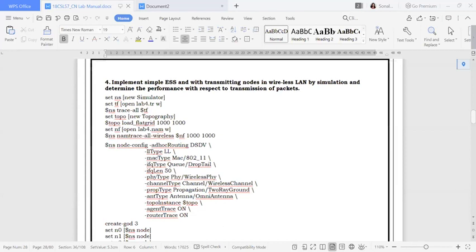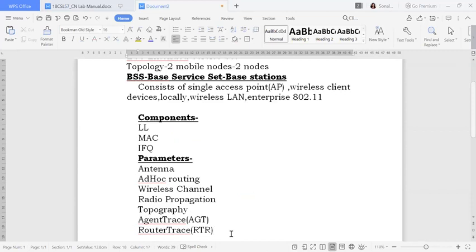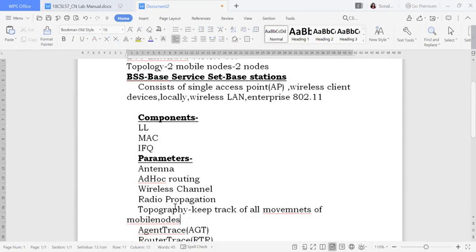I will also write down here what the use of this topography is: it will keep track of all movements of mobile nodes. So in a range, whenever the mobile nodes move, this topography will keep track of which coordinate system to which coordinate system it is moving. I feel you have understood this also.